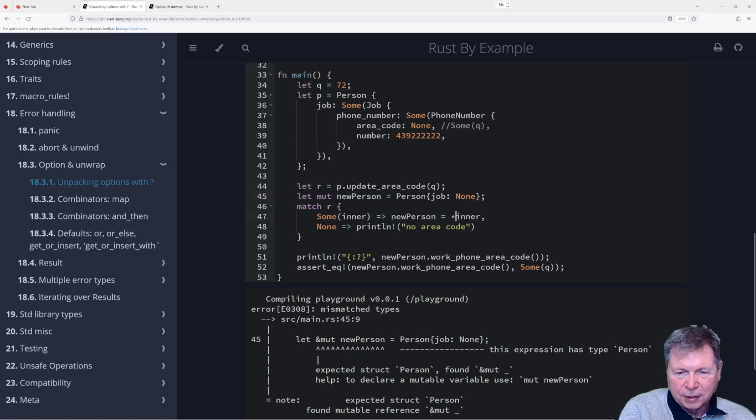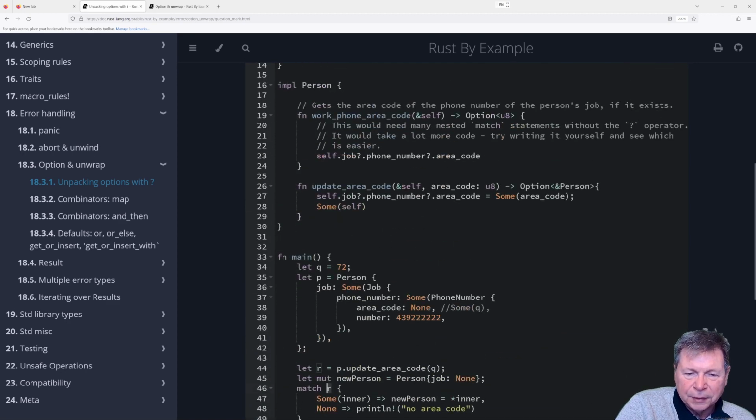I actually want to copy the person object that was updated, this R, because this R returns self. Can I return star self? Will that do it?